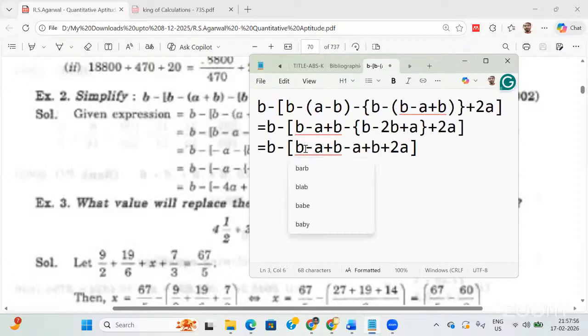No, sir. This is your plus B, again plus B, again plus B. Three plus B's are there. Then in this case, minus A and minus A. Therefore, here it will be 3B, 3 plus B. B plus B plus